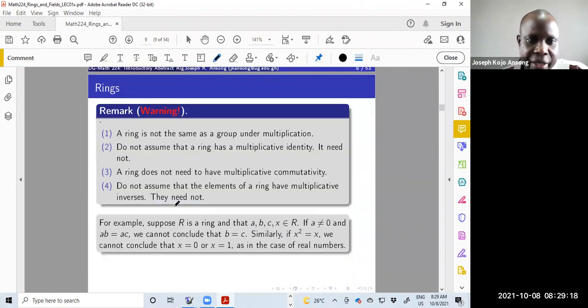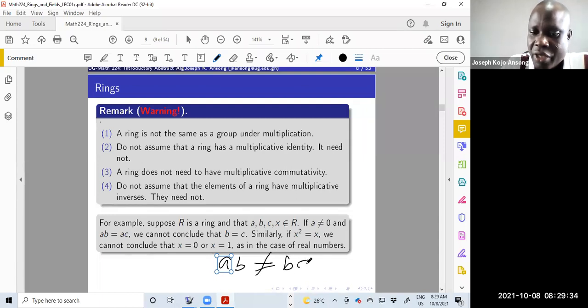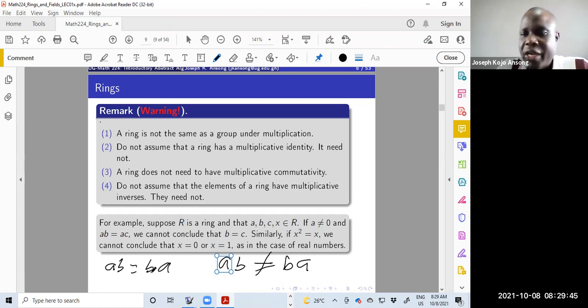So, back to the warning here. A ring does not need to have multiplicative commutativity. In other words, A multiplied by B does not necessarily equal B times A. I don't need to have this in order to have a ring. If that holds, if AB is the same as BA, then you say that the ring is commutative. But that is a special type of ring. We'll come